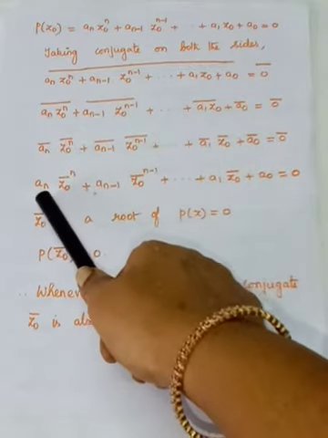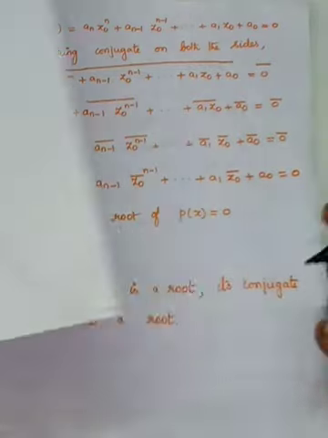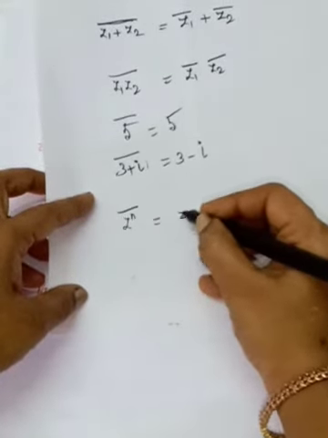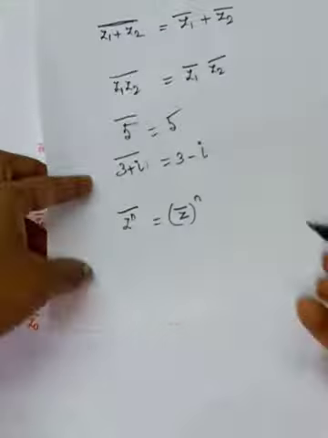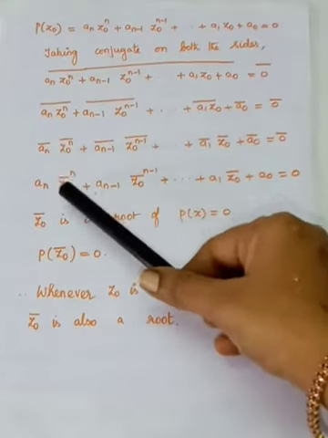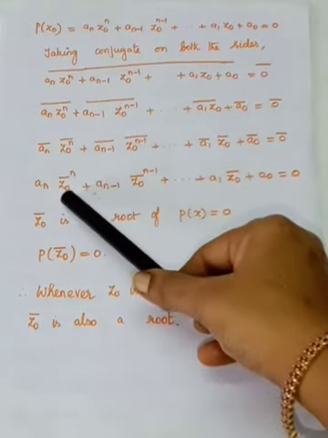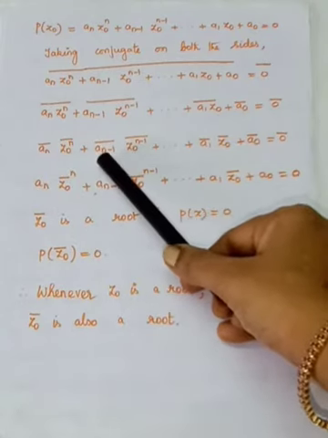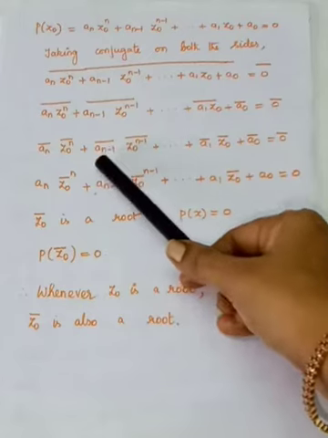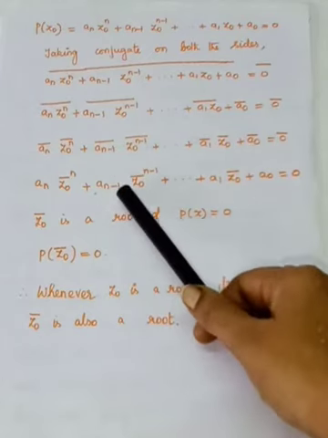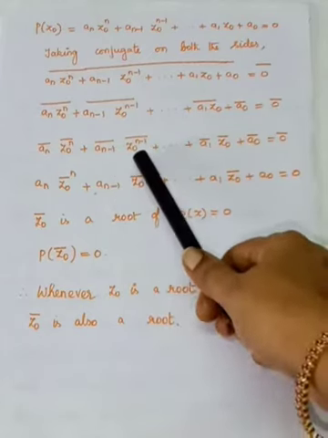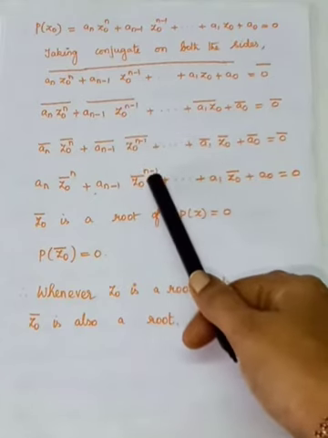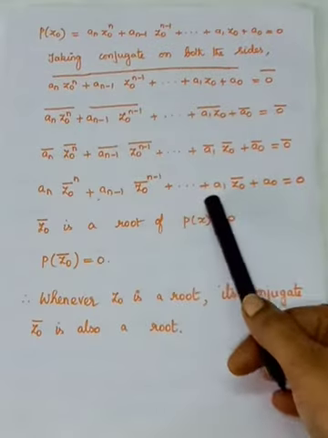And in the complex number property, z^n the whole bar can be written as z bar the whole power n. So using the property for this complex number, (z_0 bar)^n. The coefficient is a real number. Which one? a_(n-1). So a_(n-1) bar is equal to a_(n-1), and you can interchange the conjugate and the power. So (z_0 bar)^(n-1) plus, etc.